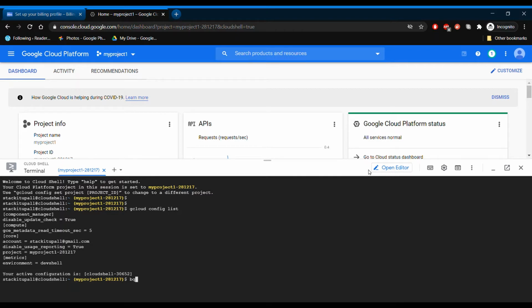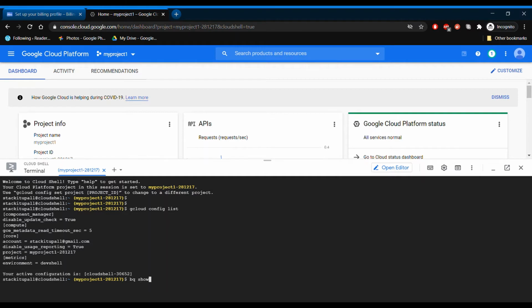So all these data sets would be linked to a particular project. Since I'm logged into my project, all the data sets that I'll be creating would be part of this project, and all the tables that I'll be creating would be linked to one or other data set.